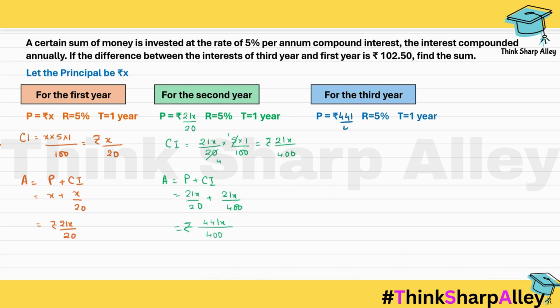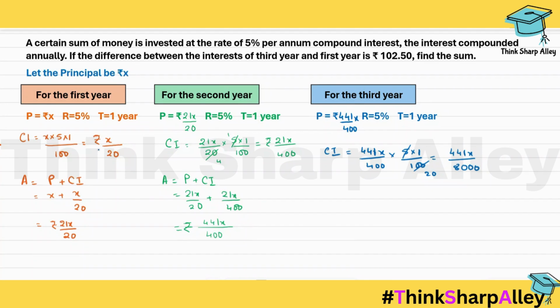441 by 400x, right? So we'll calculate CI again in the same manner. Principal into rate into time by 100. We'll do the calculation wherever possible. So 5 twenties are 100. So that gives me 441x by 8000. Now as per the problem they have said, interest of the third year, which means this, minus